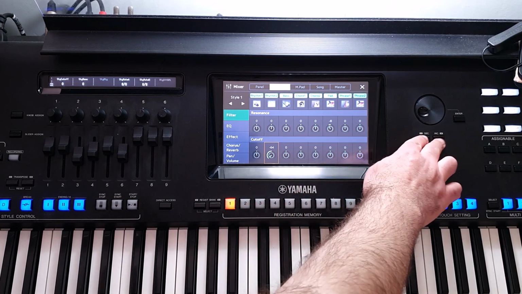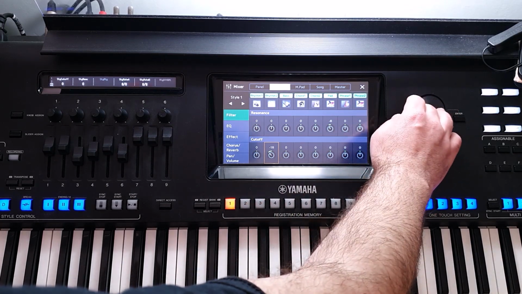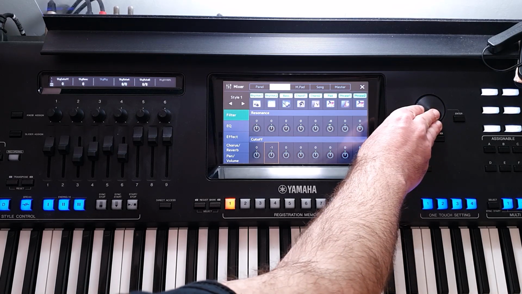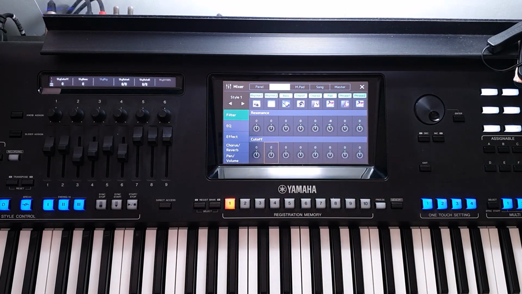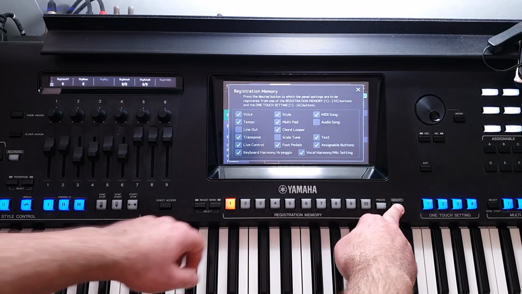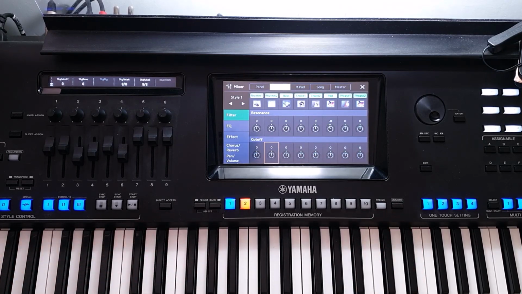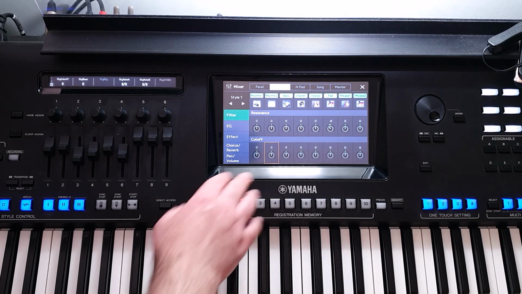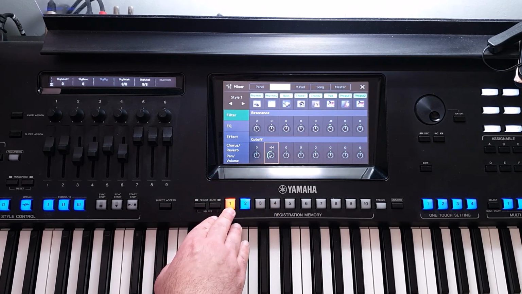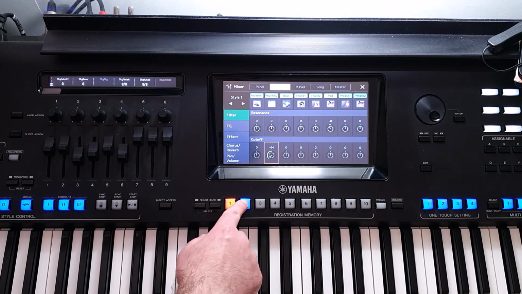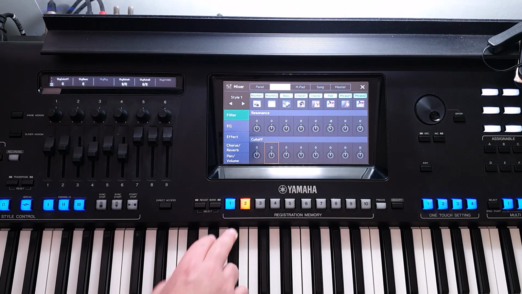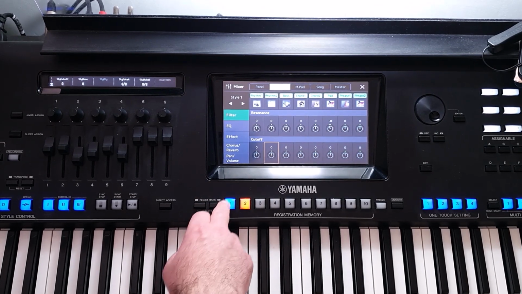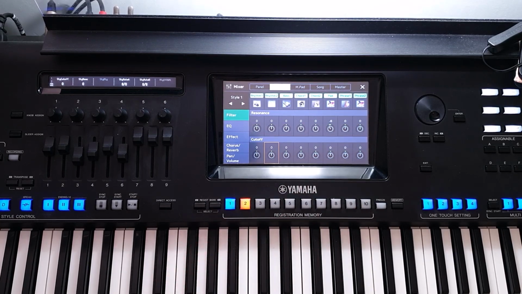Then I'm going to set it to 0, for example, and memorize it in the second registration memory cell. Now when I switch, you'll see that only this one changed. You see, -64 and then 0. So this mechanism allows fine-grained control over the settings that you would like to change.